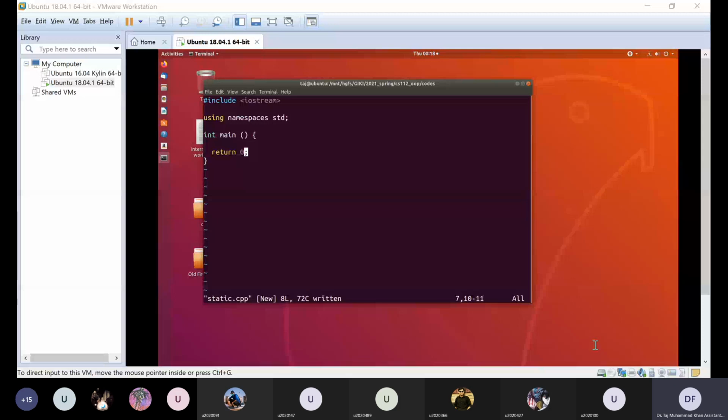And every time this function is called again, this static variable will not be created again, but rather the old copy that was created the first time will be reused. So that's clear.